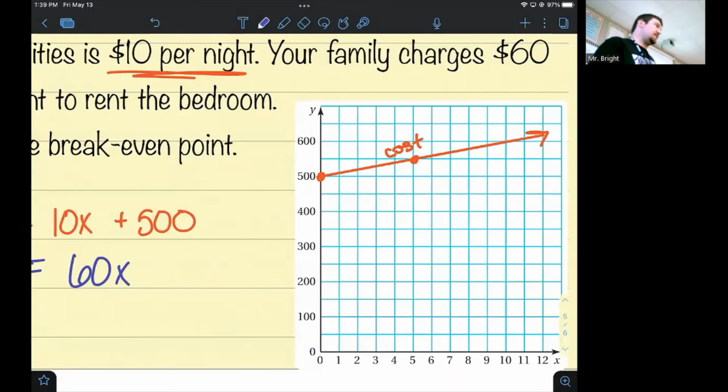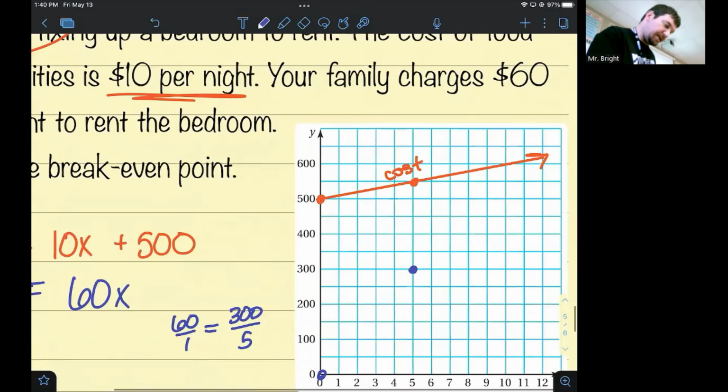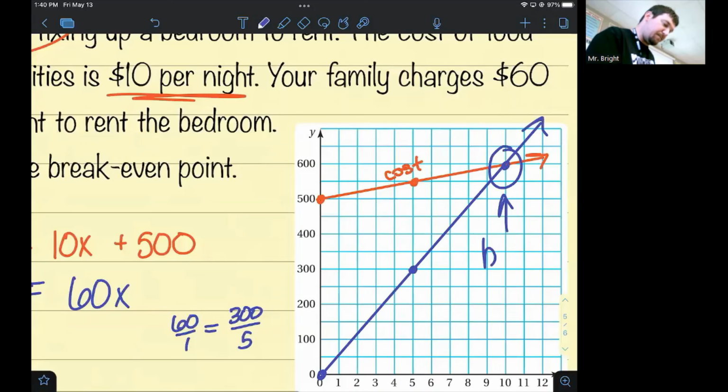Now I also can't rise 60 over 1. But instead of rising 60 over 1, that's the same as rising 300 over what? 5. Okay. So rise 300 over 5. Let's finish this problem before you leave. Rise another 300. That's up to 600 over 5. Puts me there. That point that my lines meet at is called my break-even point, where my cost equals my